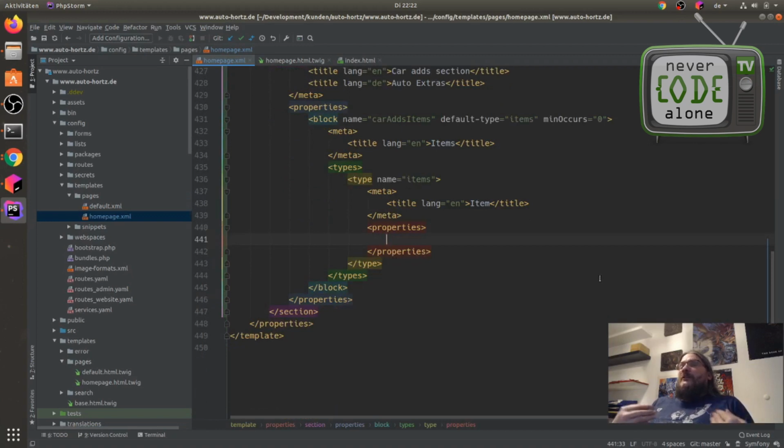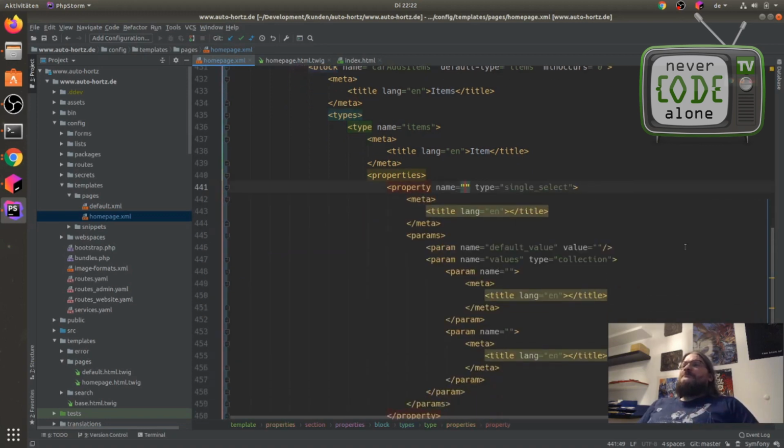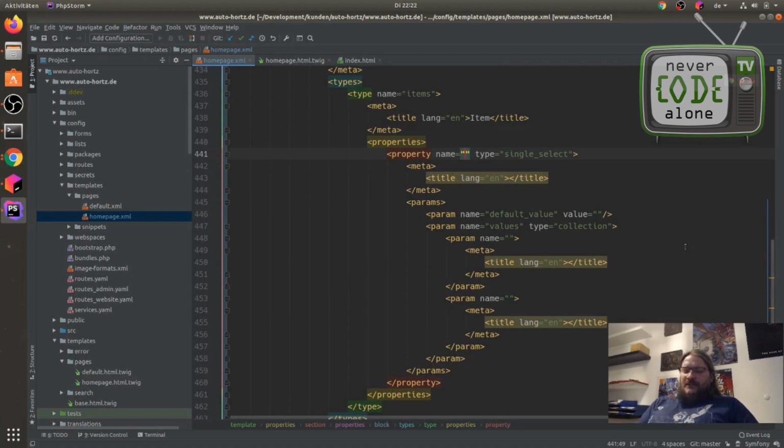The first thing, I think, is a drop down. So we have this Zulu property single selection field. You also have all this boilerplate in the Zulu documentation.